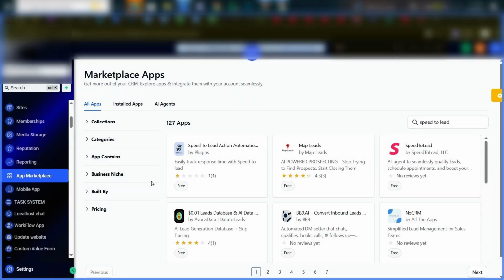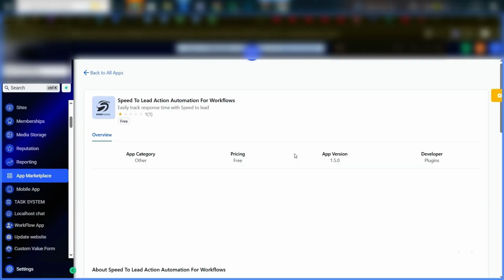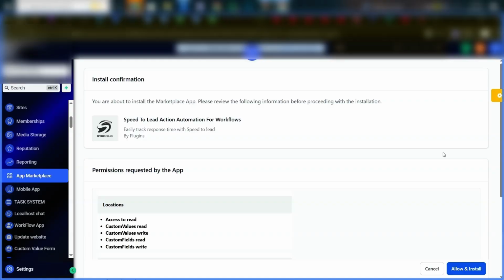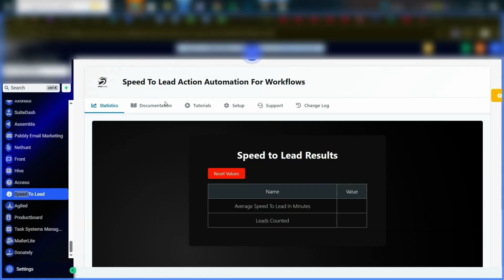Here is just a quick installation video of Speed to Lead Action Automation for Workflows. Navigate to App Marketplace, search for the app and then click on it. Click on Install, click on Allow and Install. Ignore this pop-up. Once you're done with your installation, reload the page and search for the custom page of the